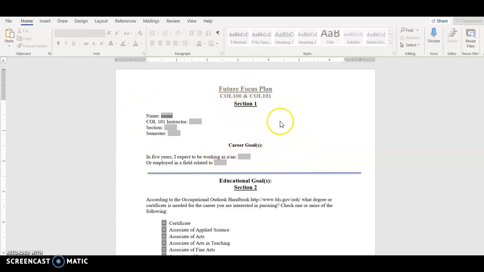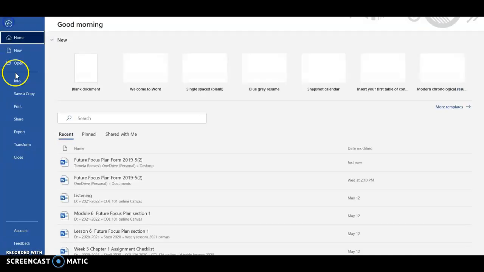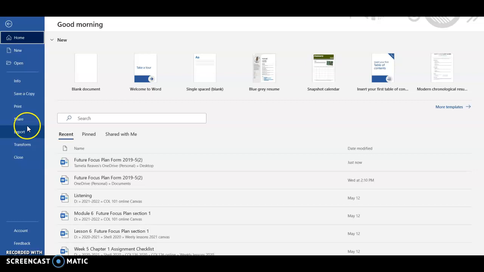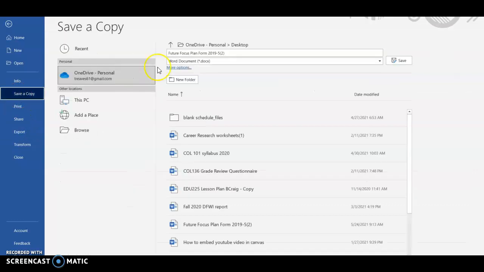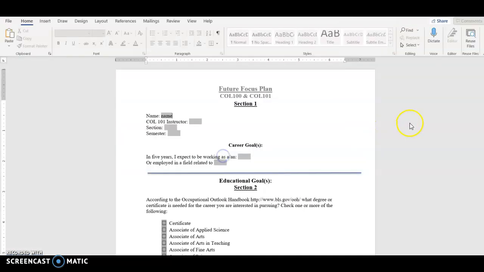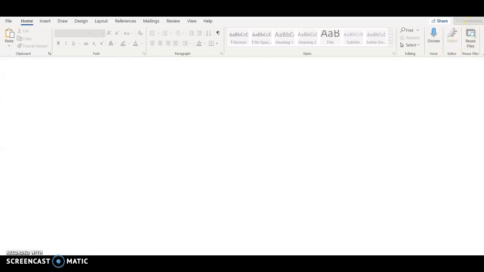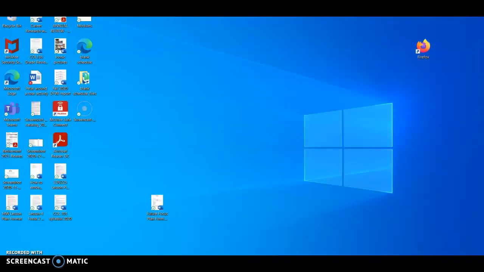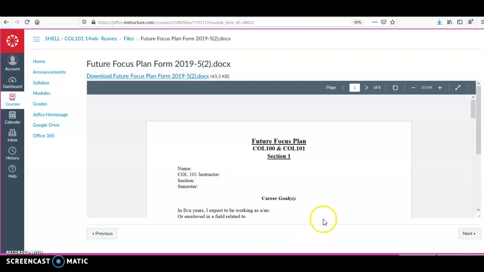Once you've completed this section, you will want to save it back to your computer, and then close it out. Once you have the form completed and saved, come back to